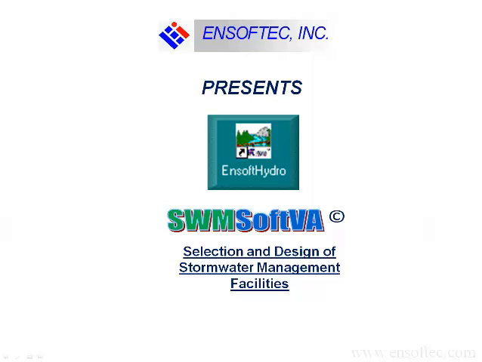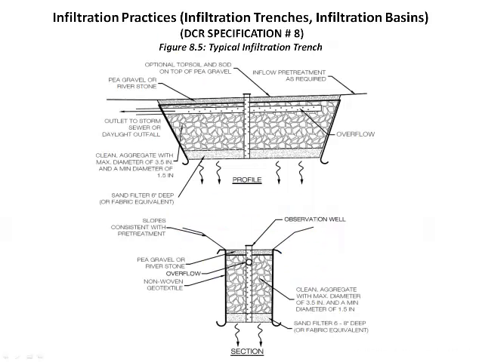Ensoftec has developed a series of videos for the selection and design of stormwater facilities for land disturbance projects. In this video, I shall show you the design of infiltration facilities, both small-scale infiltration trenches and conventional infiltration basins, using SWMSOFTVA. Virginia Department of Conservation and Recreation, or DCR Specification Number 8 gives a complete description of these facilities,